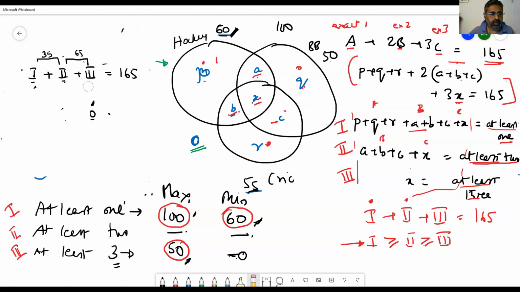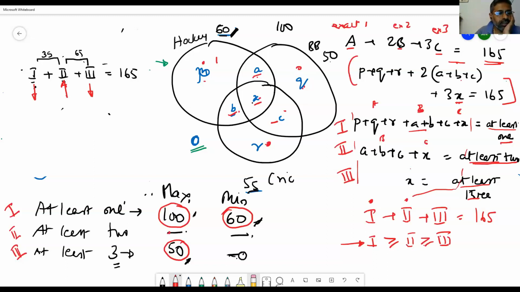What is the maximum possible value of 2? We need a maximum for 2. We need this to be maximum. That means you have to increase it maximum. So we think these two should be minimum. Am I right? Are you okay with my logic as I move forward? I'm trying to find the maximum value for at least 2. I'm trying to fill in this value here. Are you okay with this logic?